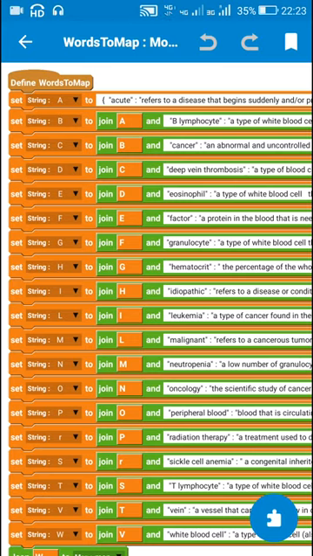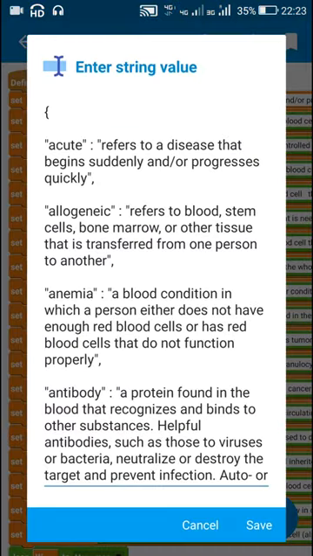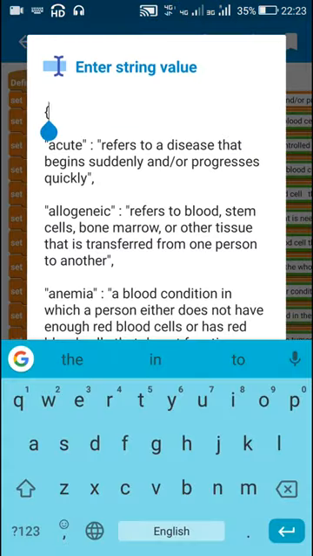So here I have set string a to, at the beginning I have put an opening curly bracket, then I have this word in double quotes followed by a colon, followed by the meaning in double quotes, followed by a comma.